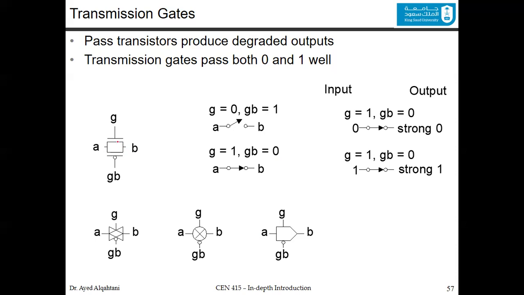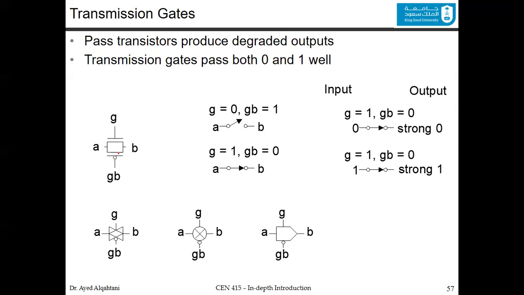You have both possibilities in the same design. Notice that if you connect the gate to G, you have the G bar here. So if it is 0, then you have 1 here. If it is 1, then you have 0 here,